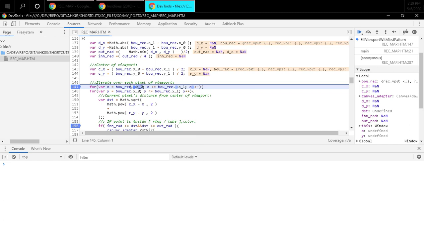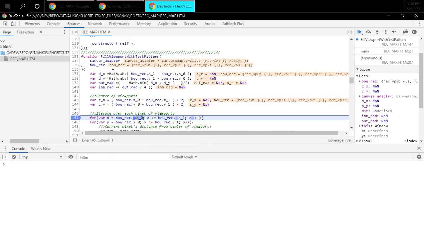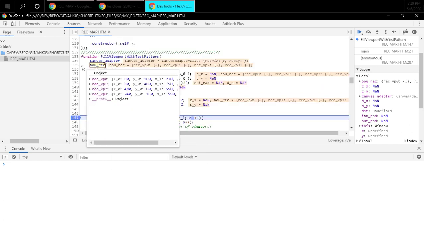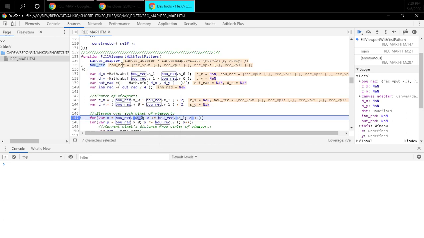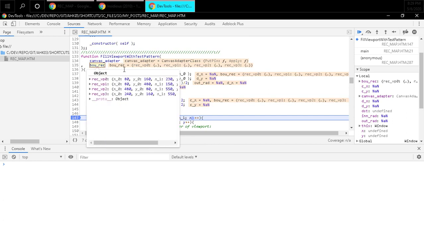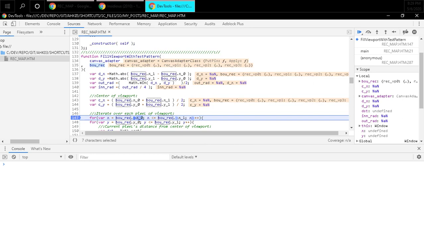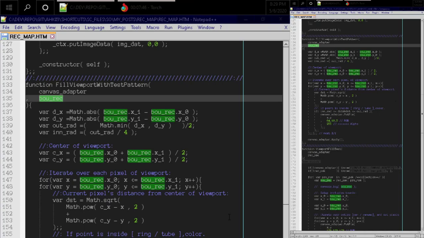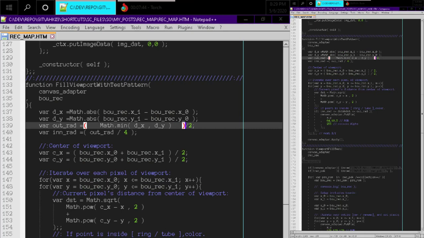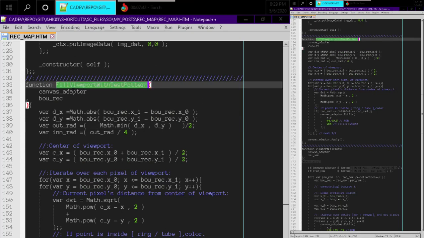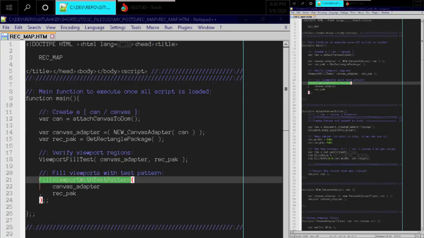I'm saying that the input is a bounding rectangle, but I'm actually giving it a rectangle package, because you can see from the data there. So that's one of the disadvantages of not having strict typing. You can screw things up that you would just never screw up in a strongly typed language, because it just wouldn't let you. So what we're going to do is go back to the function call